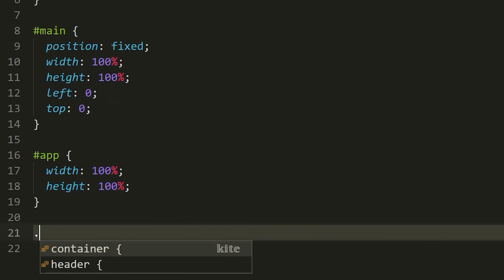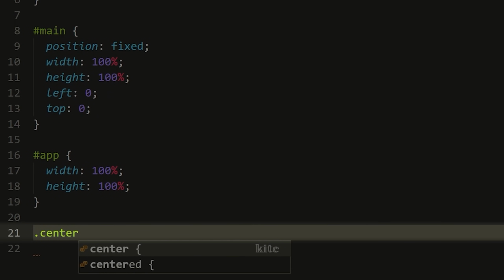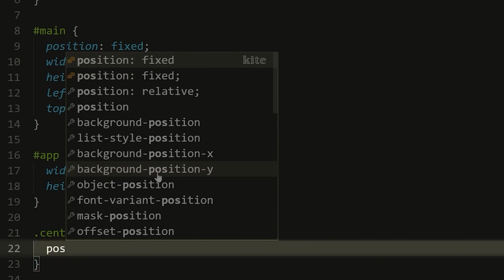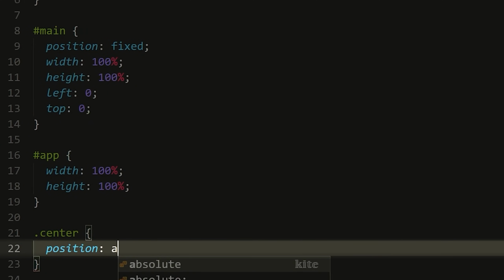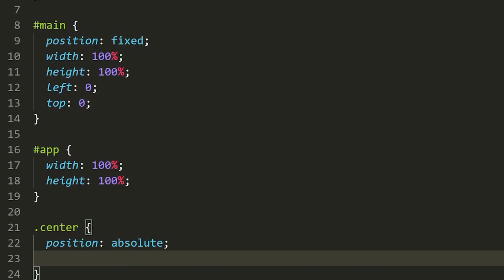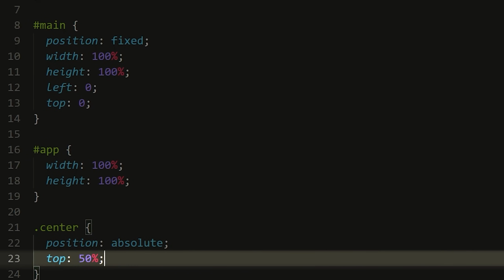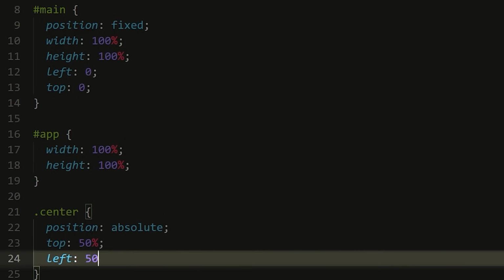And now what we're going to do is make a new class inside of here that we're going to use for a div that will pretty much just center all of our content. So I'm going to call this class center. Makes sense. We'll say .center, and then inside of here we're going to say position. It's actually not going to be fixed, it's going to be absolute, and then I'm going to define that we're going to start at 50% top and 50% left, and what this will do ideally is push all of our content into the center of the screen. So we're going to say top and then 50%, and then we're going to say left, and this is going to say 50% like that.